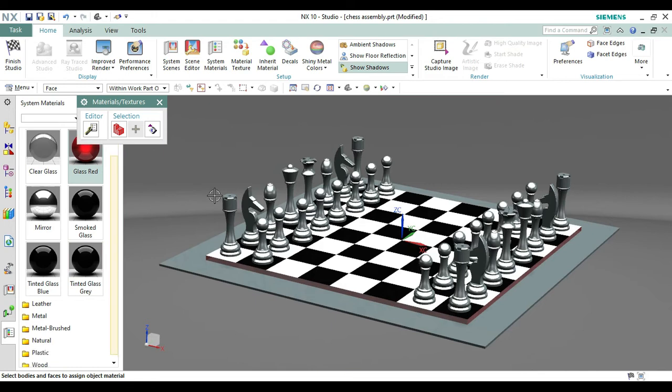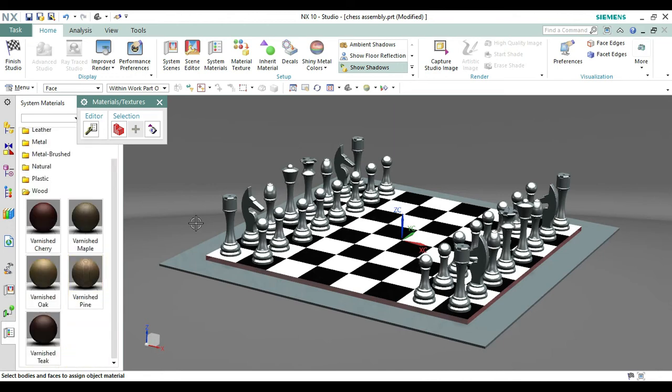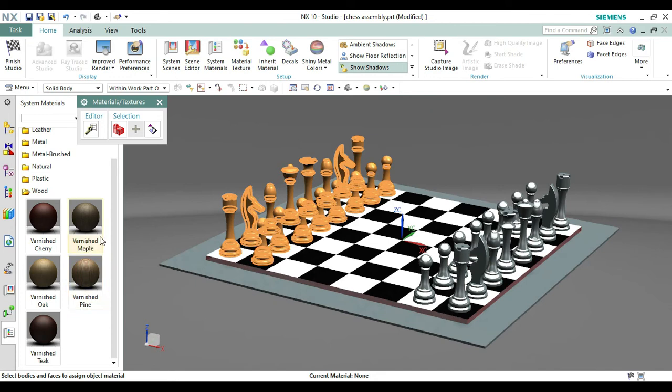From here let's make them wood, because mostly they are made of wood. First select from here, make it a solid body and then select wood. This one, then again this part, this part, this, all the ones on one side are of the same color. So let's select each and every one. Select this one, this, and this one is the last. From here let's first make it varnished maple. Let's see. Okay, it has been changed.